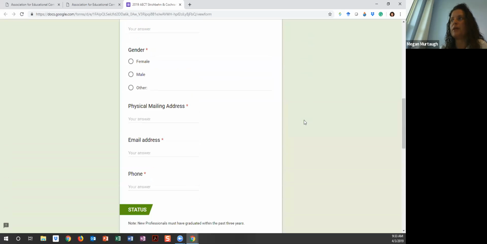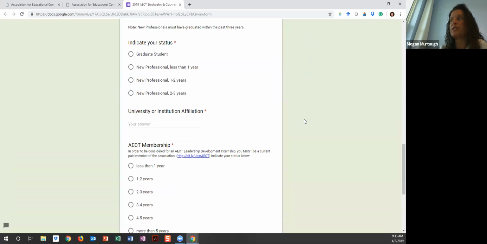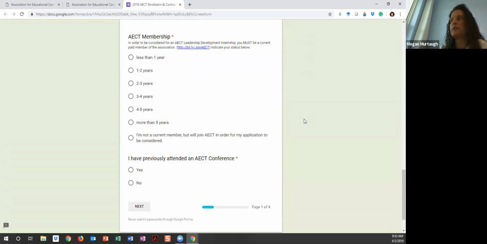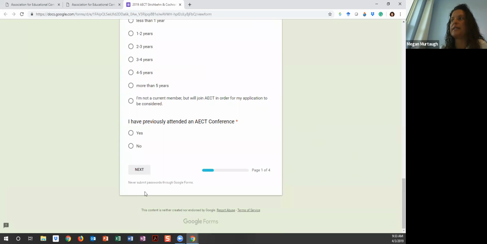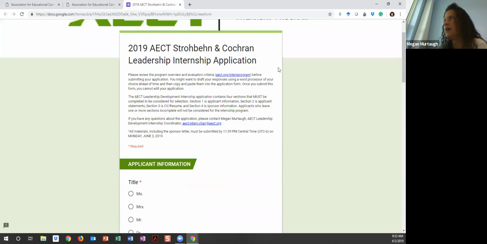And again, you're going to want to make sure that you draft your answers to the statements, so that you'll have that information, and that's on the next page. All your basic demographic information is asked in this first section. The second section is the candidate statements. And then the third section, at the top here,